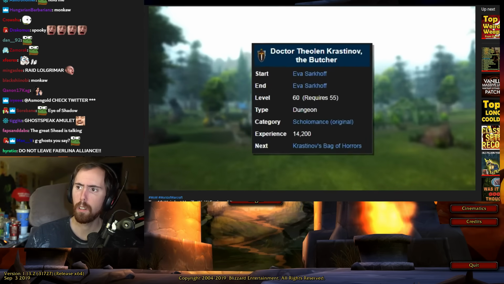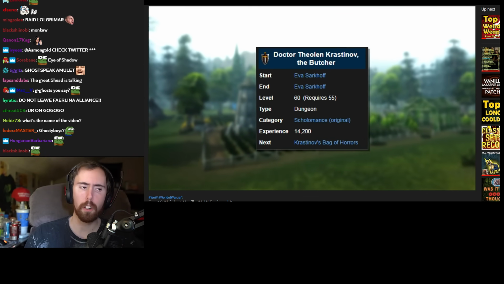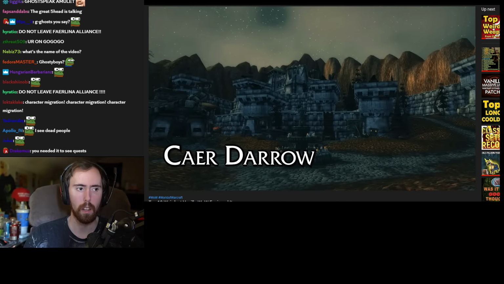In order to get the trinket, you had to complete a quest, which would send you into Scholomance to kill a rare elite. Then you'd get this trinket, which would allow you to talk to the folks of Caer Darrow, and even buy